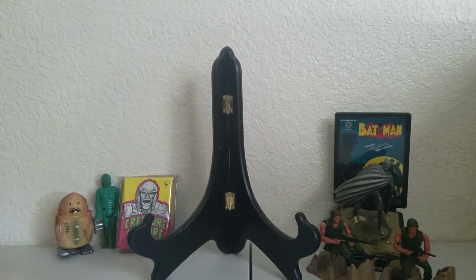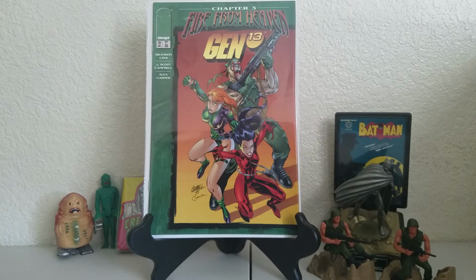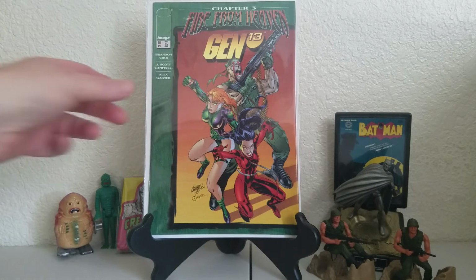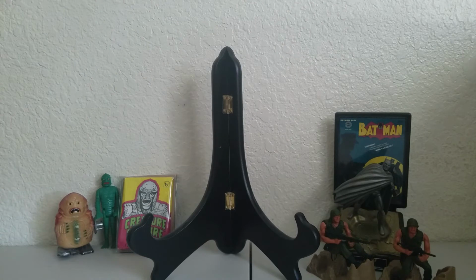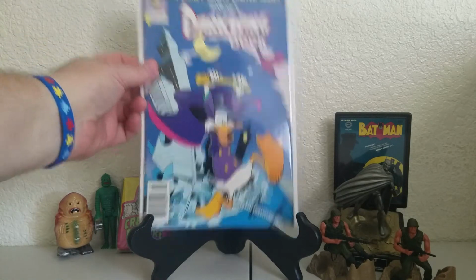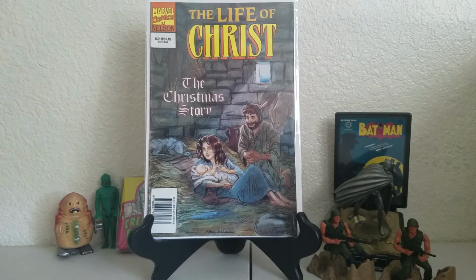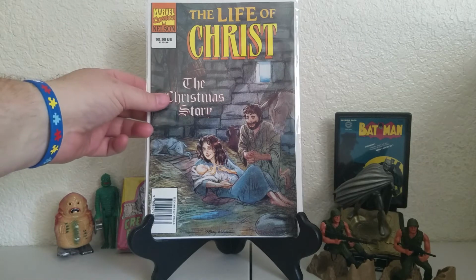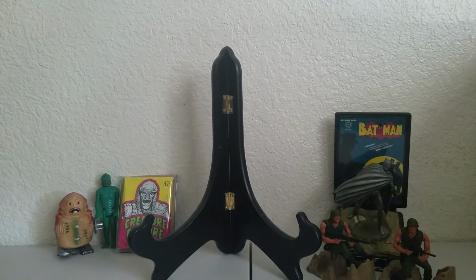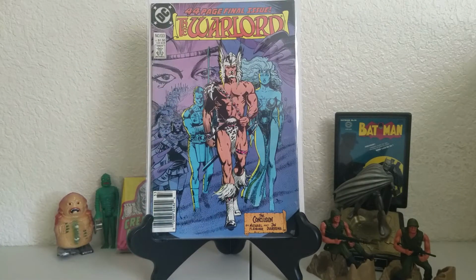Red chrome. This is a Gen 13 Fire from Heaven, but it's a Scott Campbell cover. Darkwing Duck #1, which I thought was cool. Once again, these aren't really worth much, just fun. This one I couldn't leave there. The Life of Christ, the Christmas story. Final issue of Warlord. What I'm not showing and I did pick up was I picked up almost a full